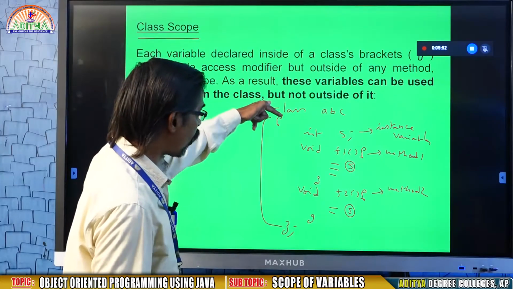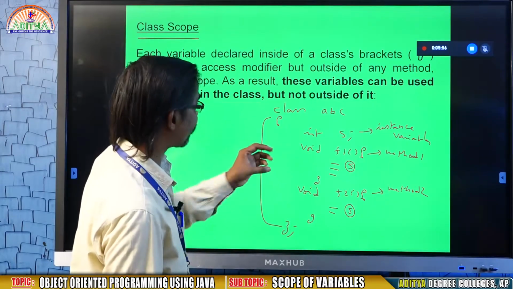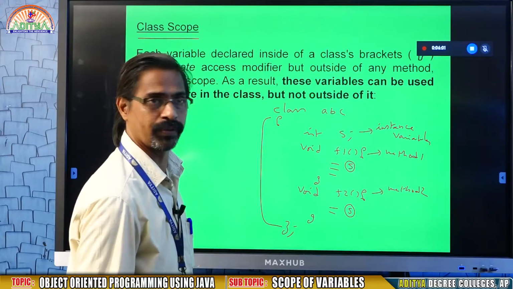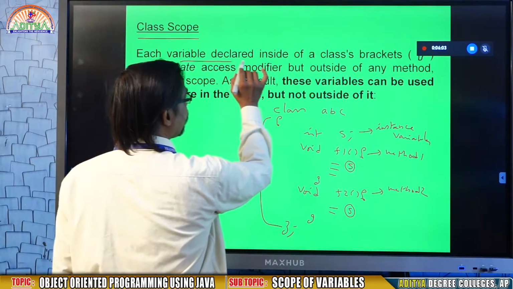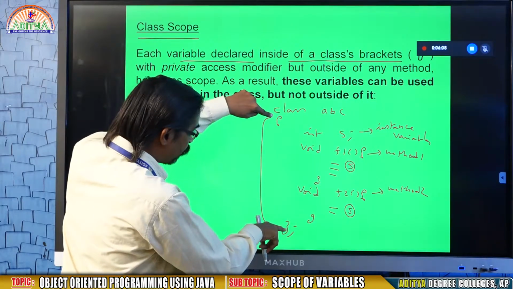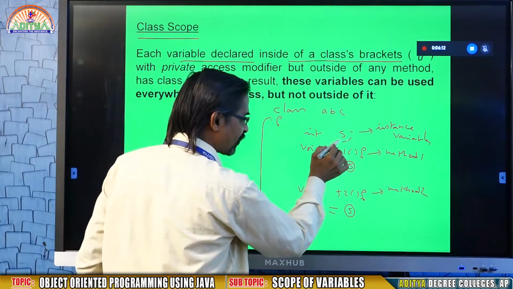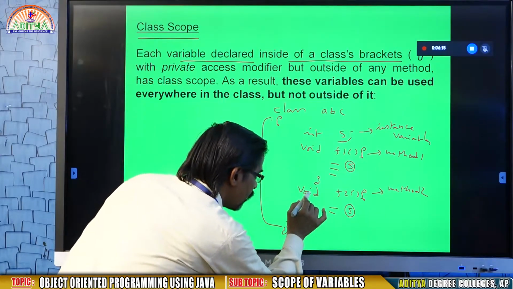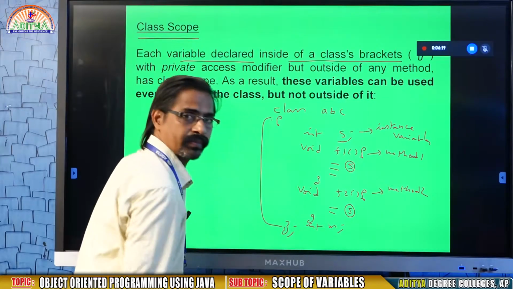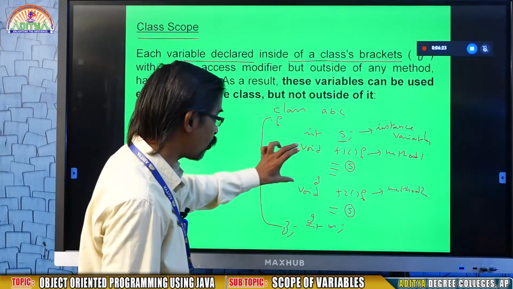Throughout whatever methods are there, in all methods the variable s is accessible. That type of scope we call class scope. That means any variable that you are defining inside the class braces, this is the class, I define s here, or at the end of the method after I am defining int m, that means outside of the method, remember one important thing, outside of the method.